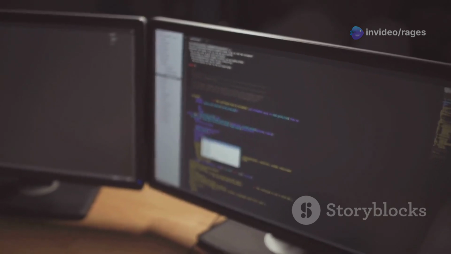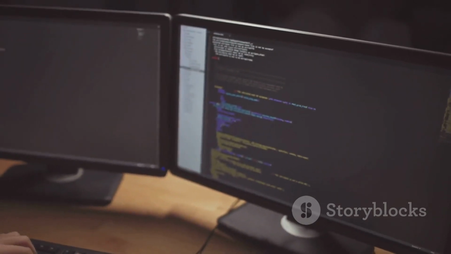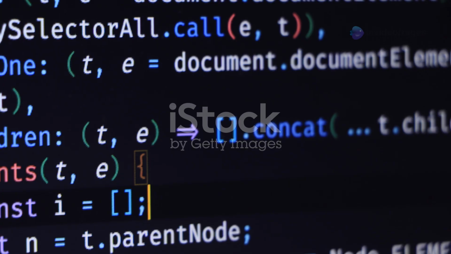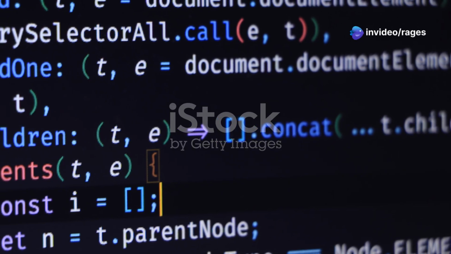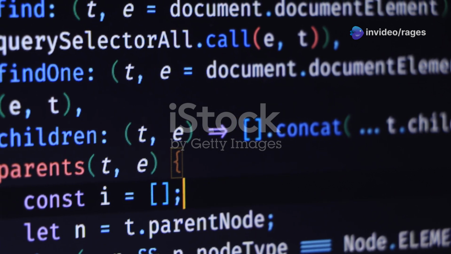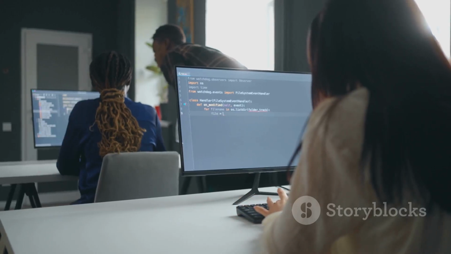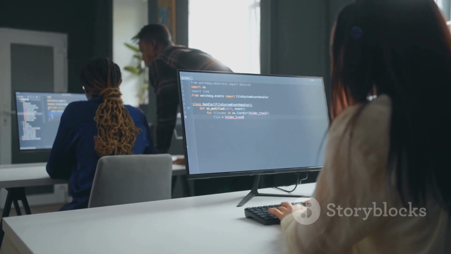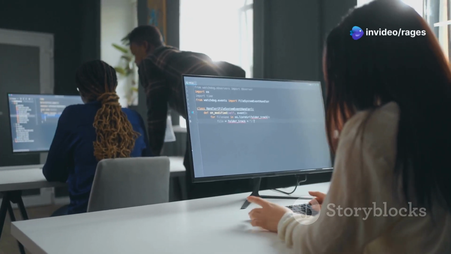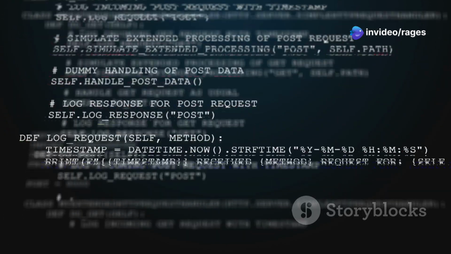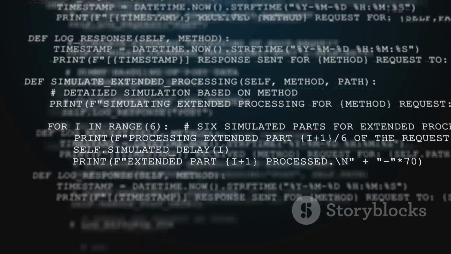Selecting elements by class name: let elements = document.getElementsByClassName("myClass"). Code example 53. Selecting elements by tag name: let paragraphs = document.getElementsByTagName("p"). Code example 54. Selecting elements with querySelector: let firstParagraph = document.querySelector("p"). Code example 55. Selecting multiple elements with querySelectorAll: let allParagraphs = document.querySelectorAll("p"). Code example